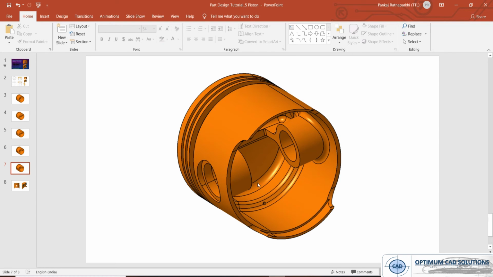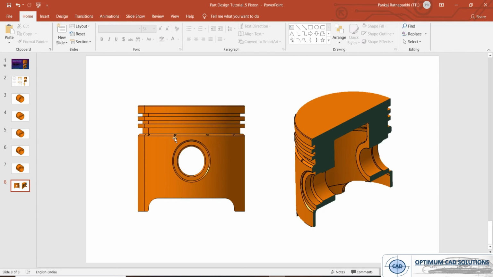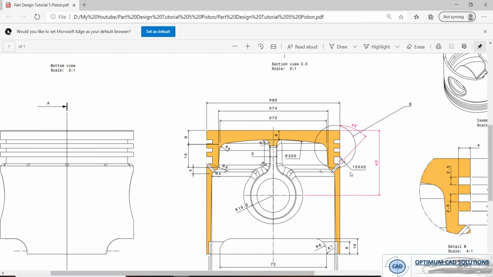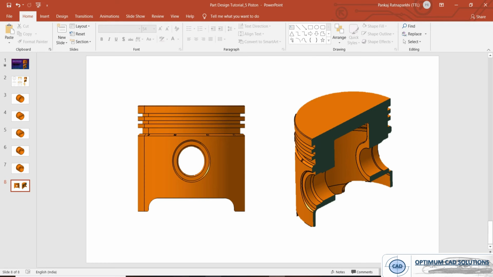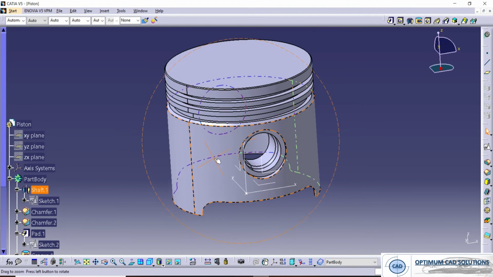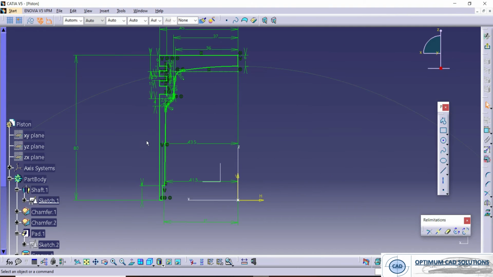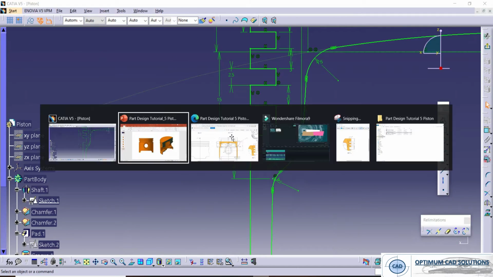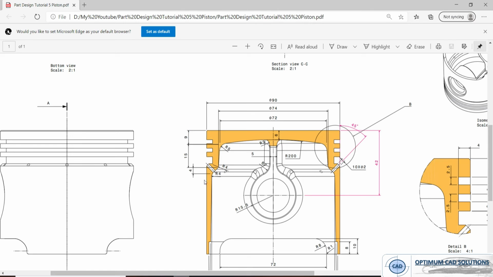But one thing is remaining, that you can see that there are the holes. And if you go and see in the drawing for section view AA, there are 10 holes of 5.2 mm at 45-degree angle. So we will try to complete it also. So for that we'll take a sketch. From the drawing you can see that this is exactly 45 mm at this corner.